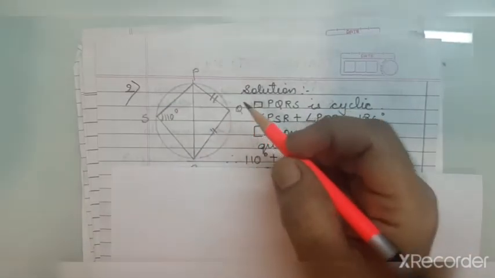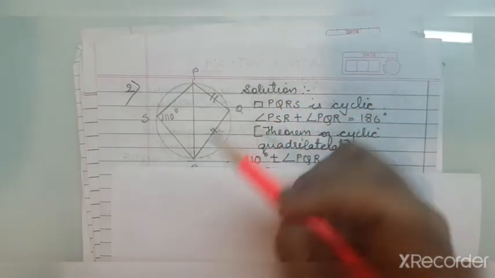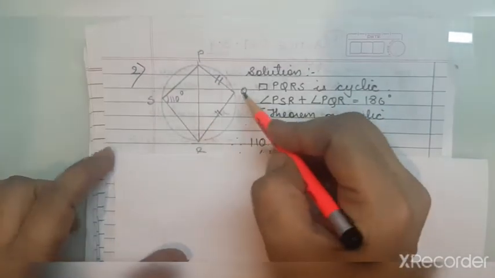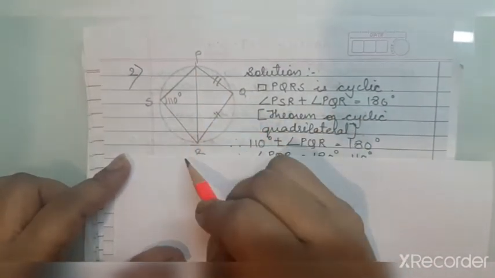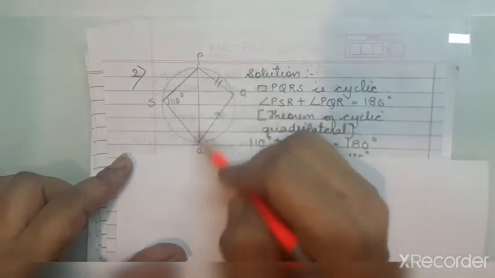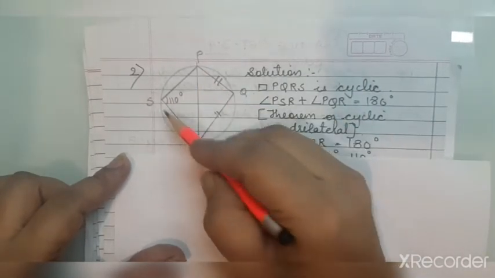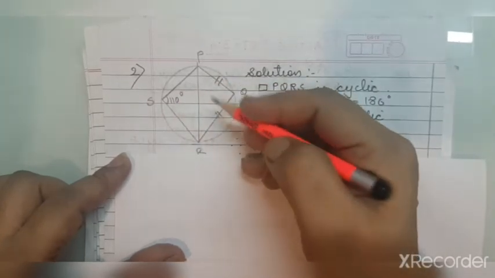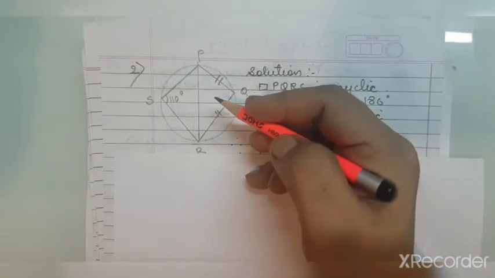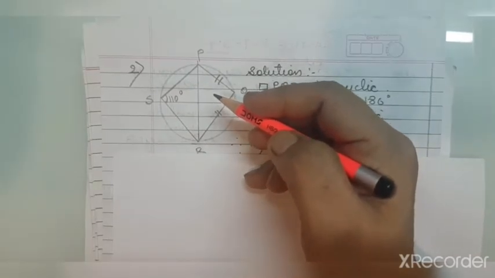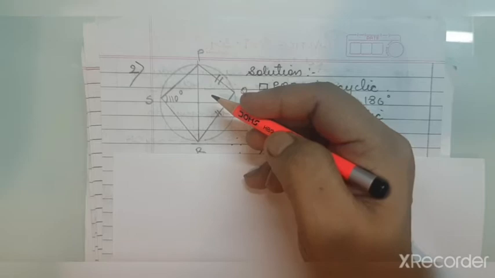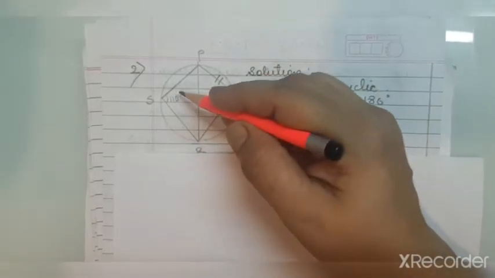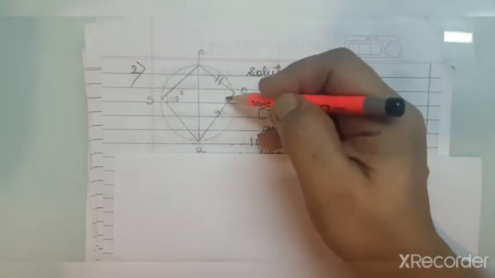Okay, now the first thing we have to find is measure angle PQR. If you look at measure angle PQR here, it's an inscribed angle. Clear? Again, you will see that it is also an angle of the cyclic quadrilateral. Clear? And we have studied in the theorem of cyclic quadrilateral that the sum of the opposite angles of a cyclic quadrilateral is supplementary. And here the opposite angle we know, that is 110. So we can get this simply.